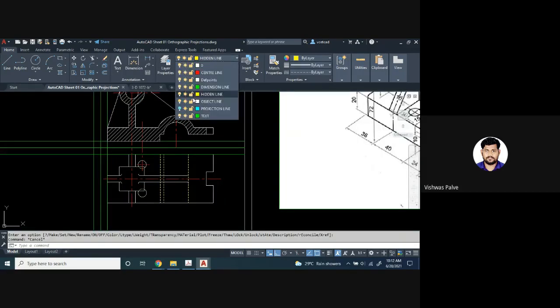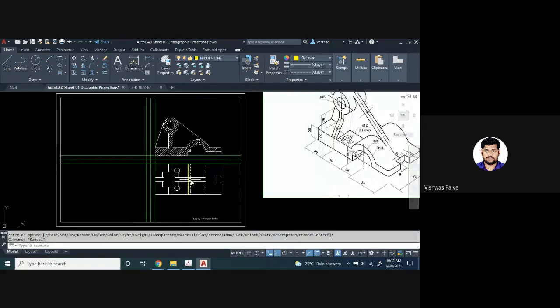So I have switched off the hidden lines. Similarly, if I want to switch off the center line, then this will be my top view.